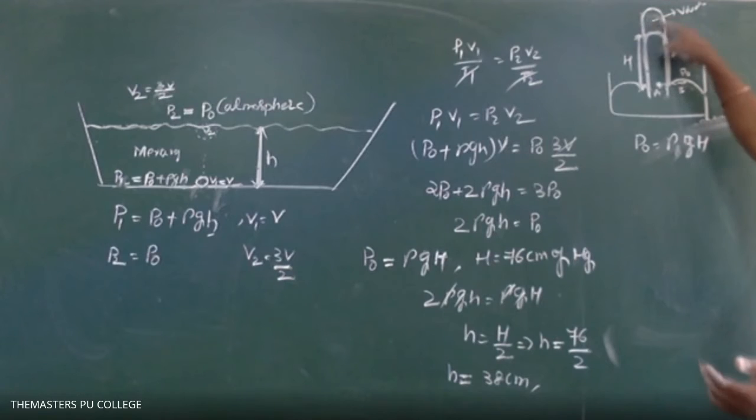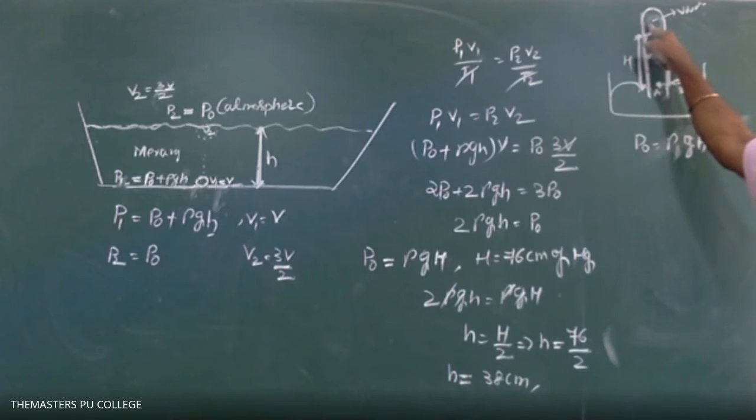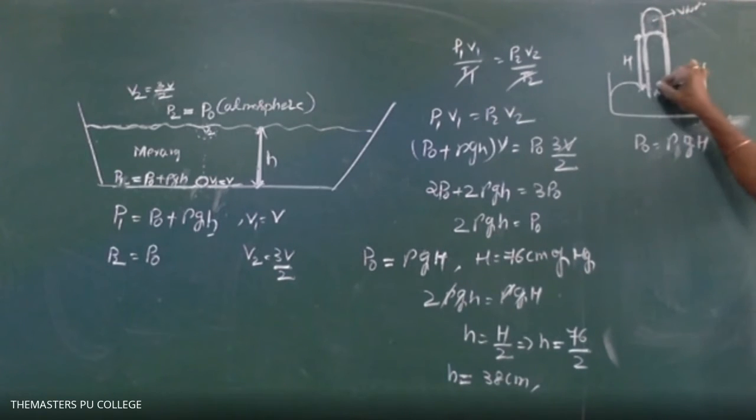If it is filled with air, then there will be air pressure. That is called a faulty thermometer. But here the gap is evacuated. That's why the pressure at the point A is due to the mercury column only. That's equal to capital H. So therefore, at the point A the pressure is due to the mercury column of height h. At the point B, the pressure is due to the atmosphere.